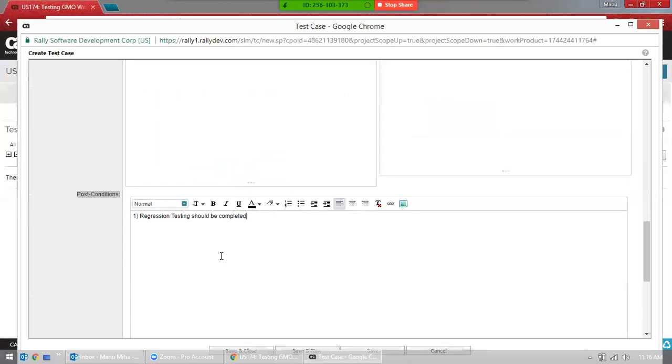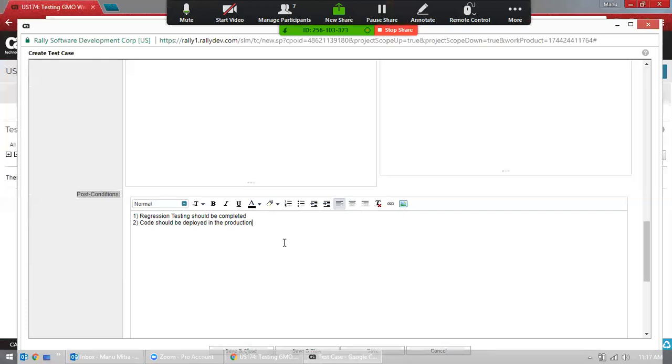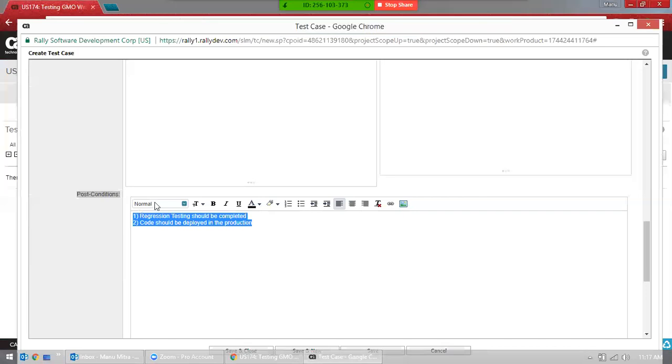And then after regression testing, code should be deployed into production. Does anyone remember anything else in post condition? Let me know, or you can write it whenever I'm giving homework.